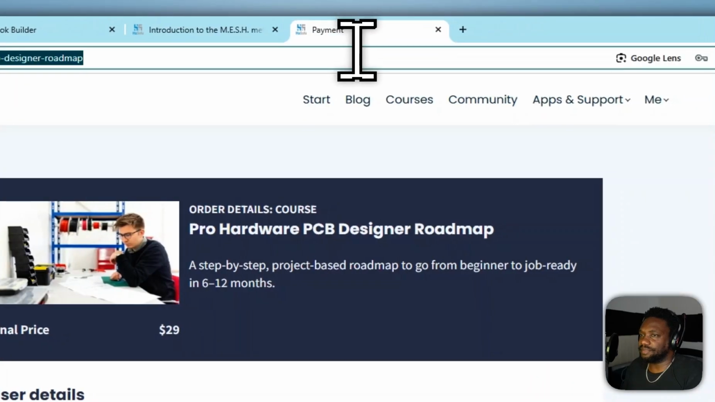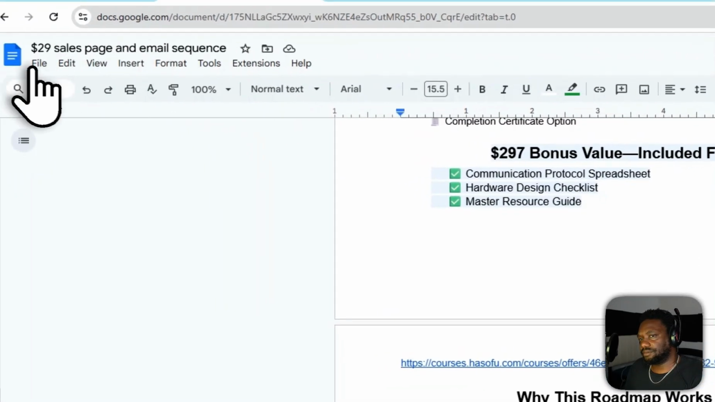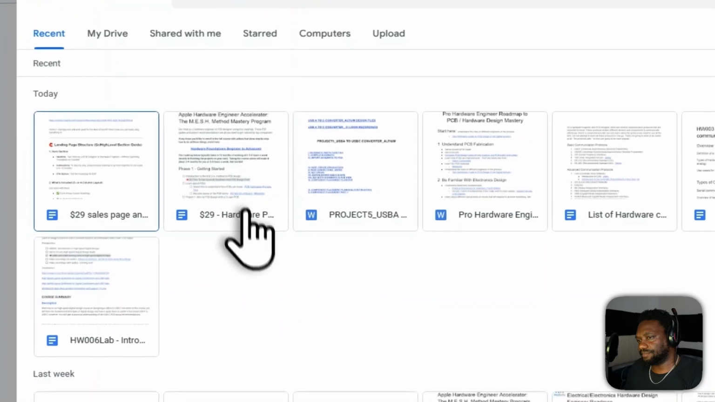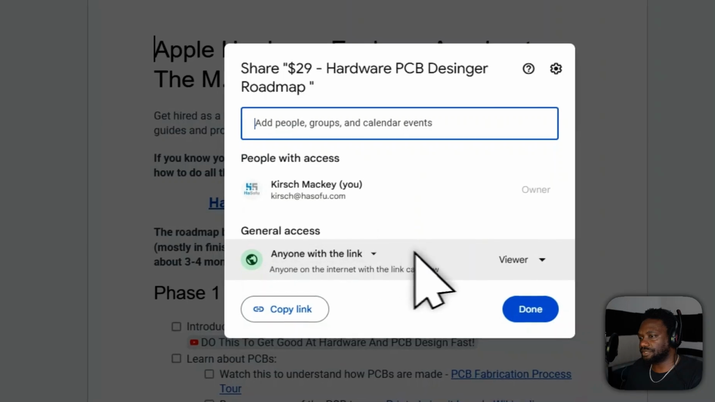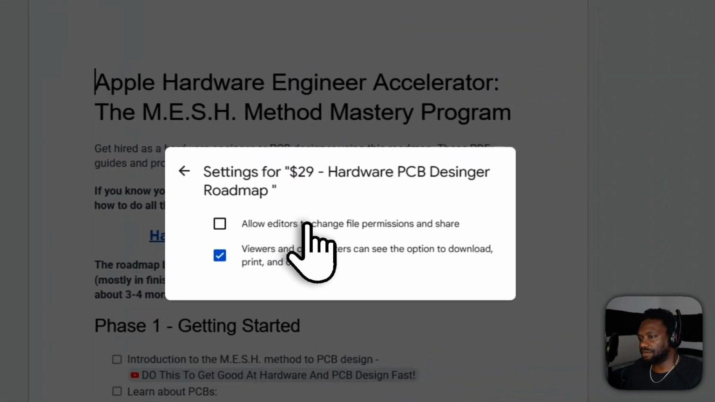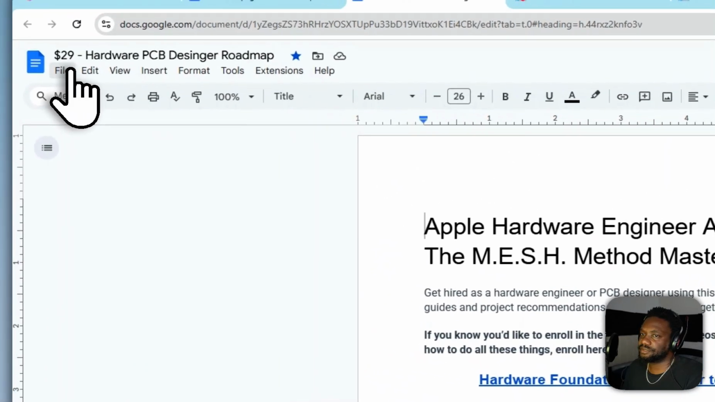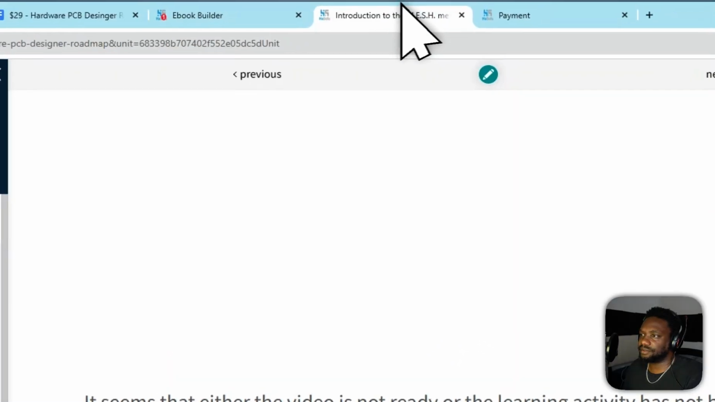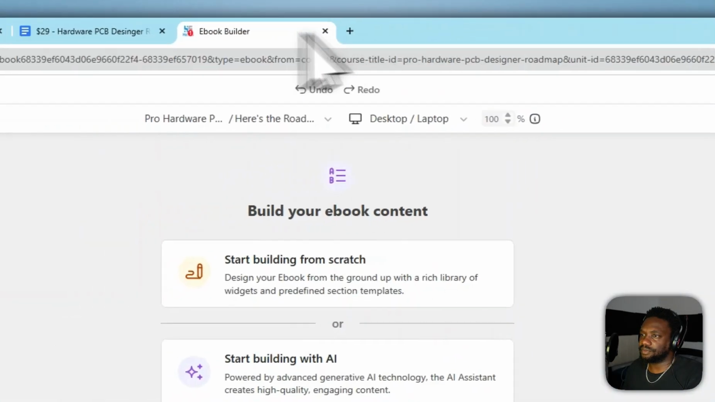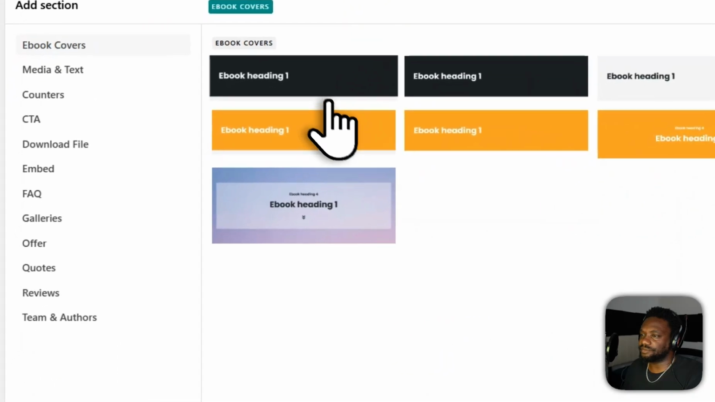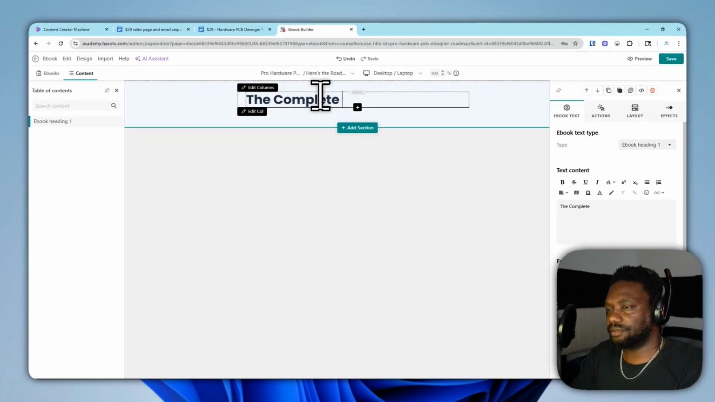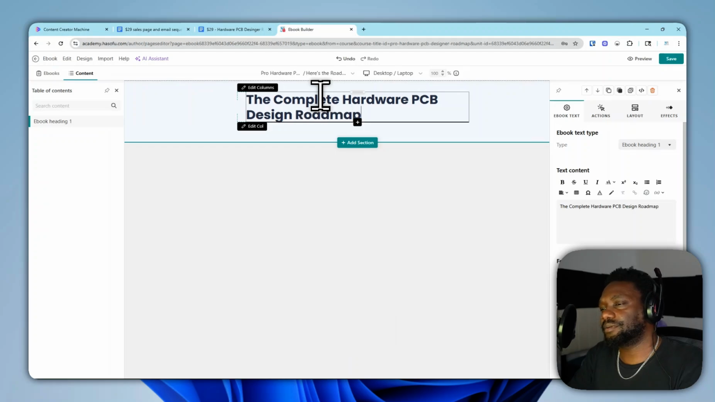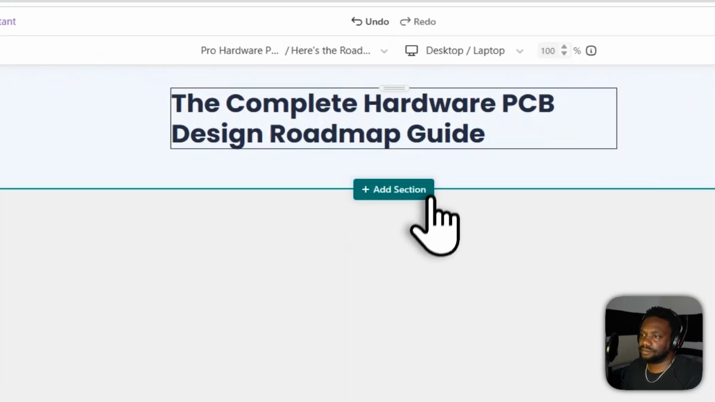Then you want to grab that roadmap, that guide. Make sure your permissions are such that your settings here, uncheck allow editors to change file permissions. Then you want to go to share, copy link. Don't worry about these. Start building from scratch. Ebook heading, that's fine. The complete hardware PCB design roadmap guide. Add a section